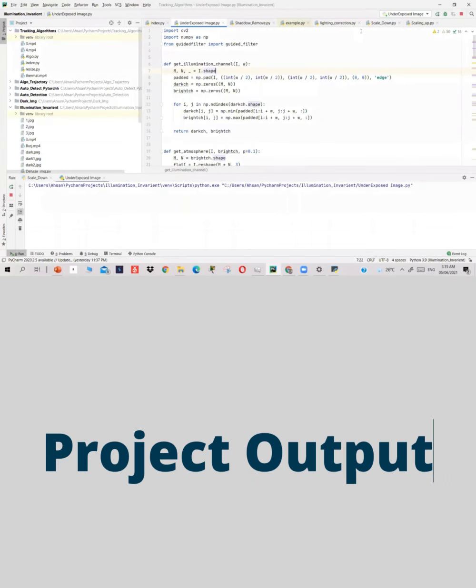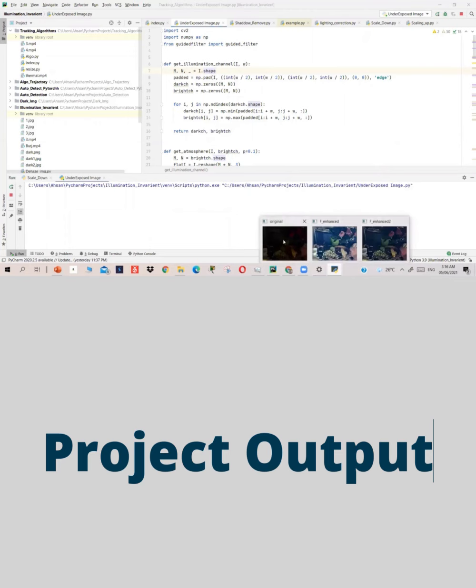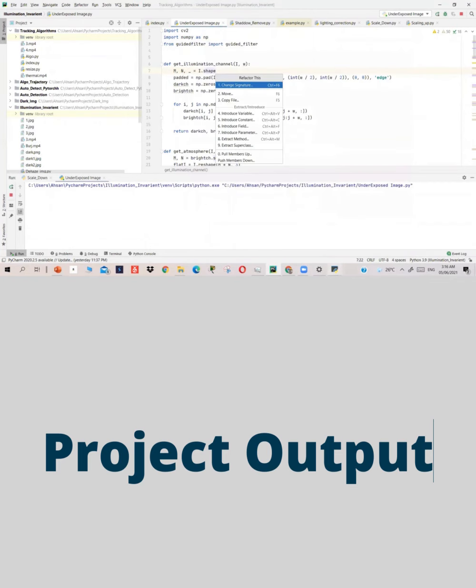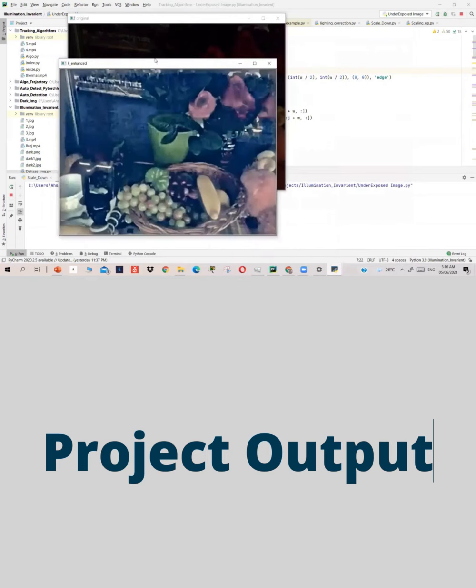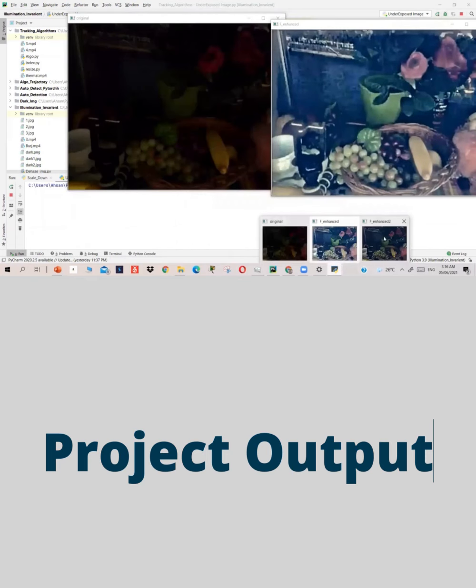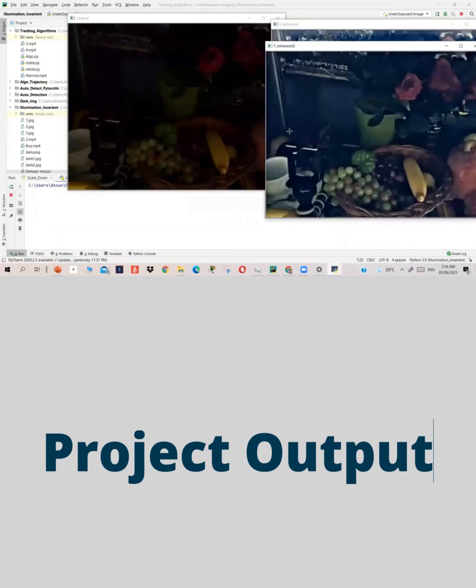Now I will show the code and output of the different conditions in real-time object tracking, and these conditions are illumination changes and scaling. In illumination, we have two different conditions: when the object is placed in overexposed light and when the object is placed in underexposed light. When the object is placed in underexposed light, we will apply different filters to enhance the quality of the image. Now I will show the output. This is the original image, and now I will apply filter one, and when we apply the second filter it will improve the quality of the image.